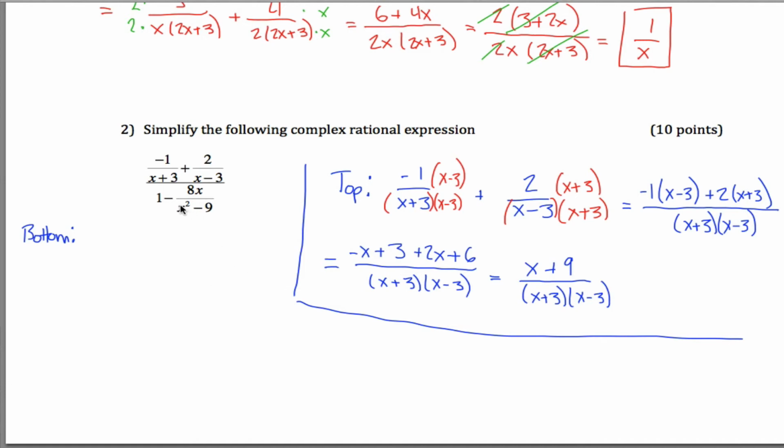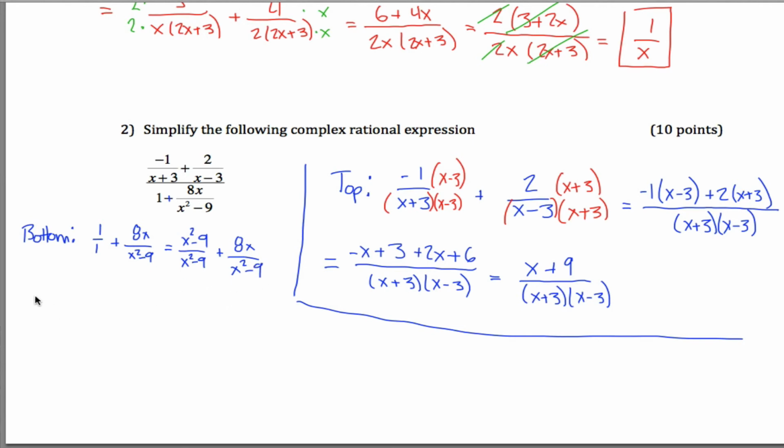All right, now I'm going to simplify the bottom here. Actually, the bottom that I want you guys to simplify, there'll be a plus sign here instead of a minus sign here, so I'll have to change that on your guys' quiz, but that'll make the answers work out nicer. So anyways, the bottom, instead of 1 plus this thing, if you think about it as fractions, you got 1 over 1 plus 8x over x squared minus 9. And the advantage of thinking about it like this is, oh, I know how to add together fractions. If they don't have the same denominator, I have to give them the same denominator. So I'll have to multiply this side by x squared minus 9 over x squared minus 9 and get, instead of 1 over 1, x squared minus 9 over x squared minus 9 plus 8x over